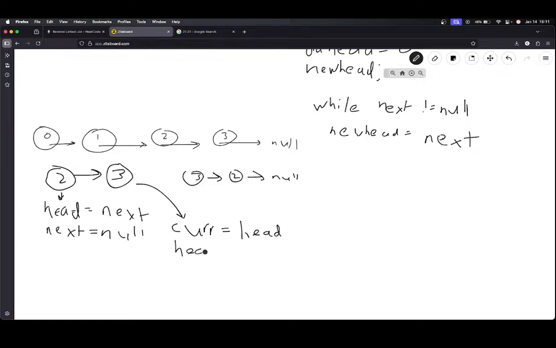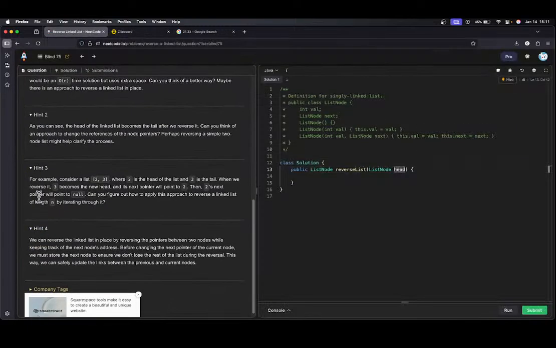And then maybe head is equal to. Wait, no. Okay, I think I need